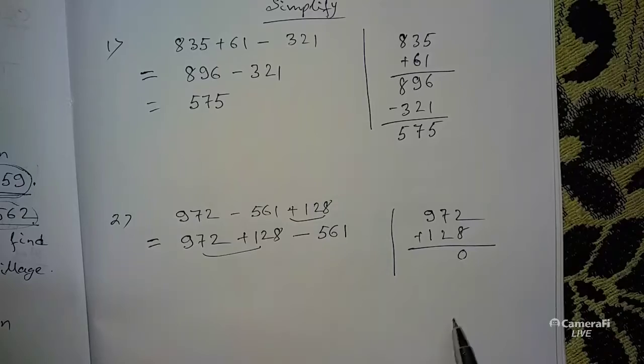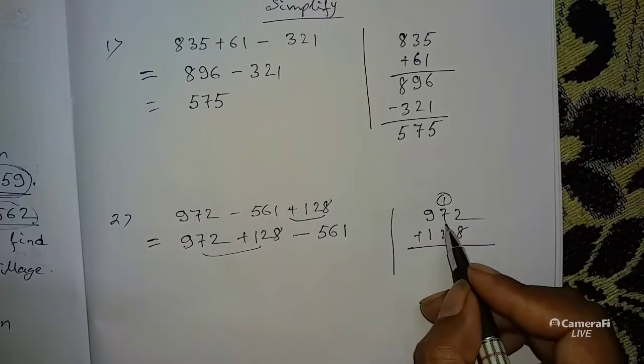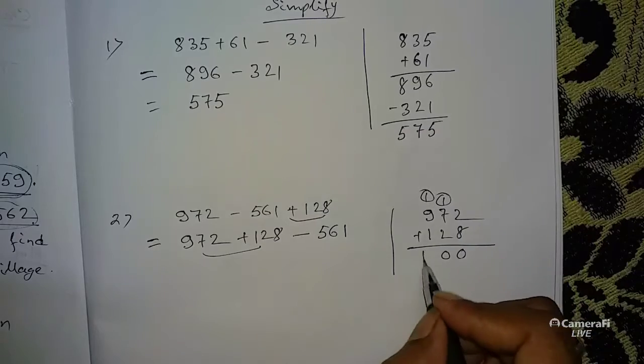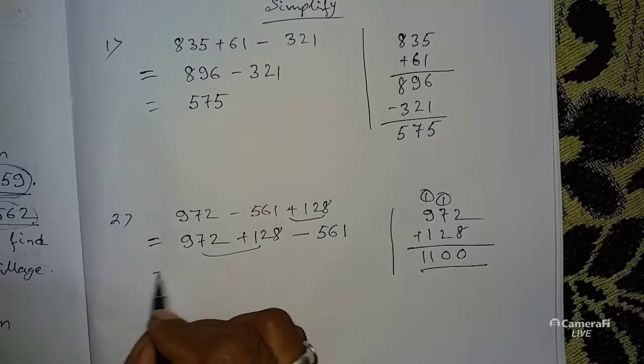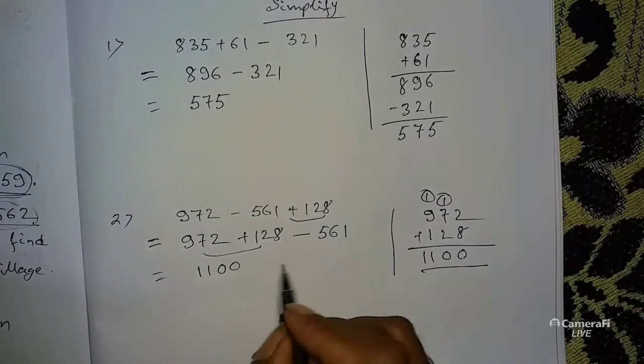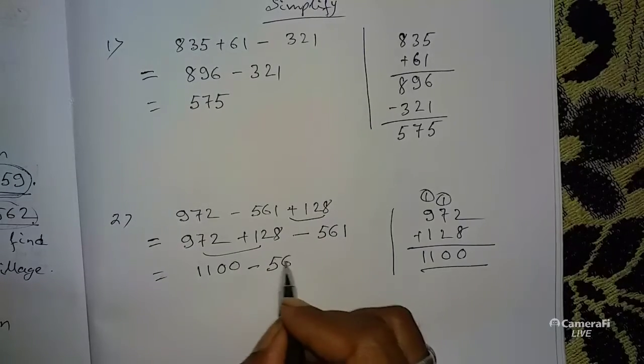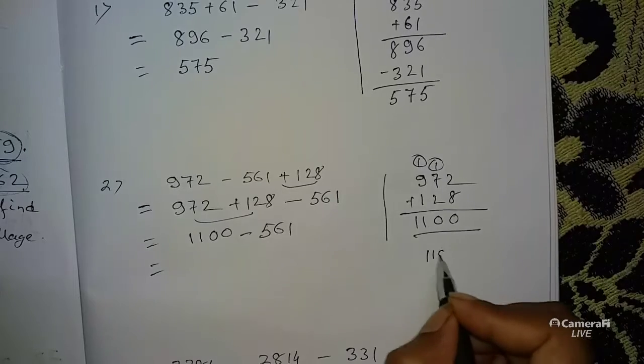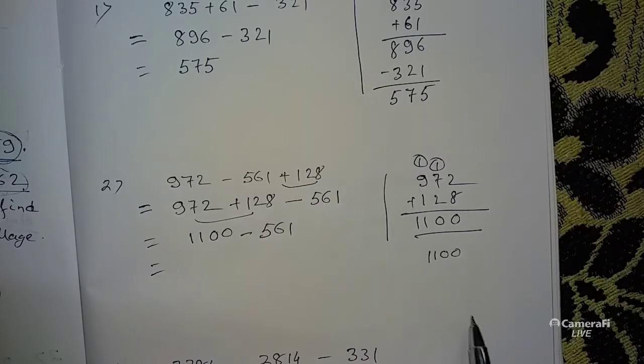8 plus 2 is 10, 1 carry. 2 plus 7 is 9 plus 1 is 10, again 1 carry. 1 plus 9 is 10 plus 1 is 11, so 1100. So it becomes 1100. Now we have to subtract this 561. So let us write 1100 and then below